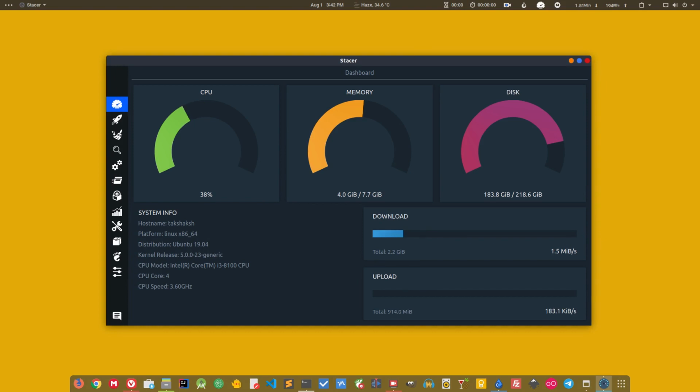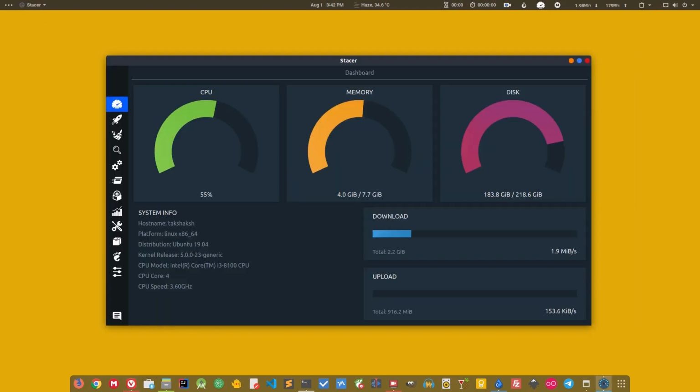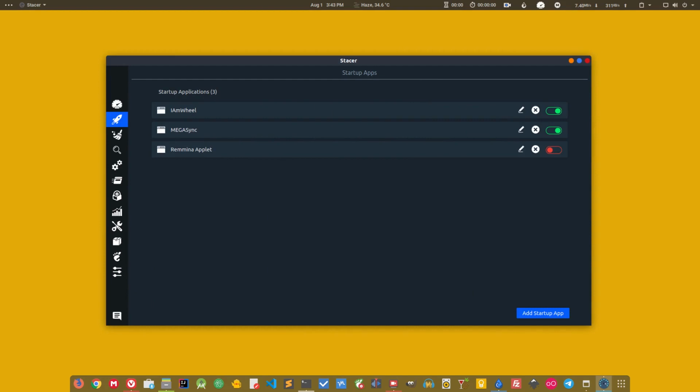You can also see here the download speed. Actually this is not the actual download speed. Let me show you the download speed. So this is fast.com, a Netflix website to check and monitor the internet speed. Just hit enter and this will literally spike. Okay, so this is spiking right now. So you can see these things here, and if I go to the second page, here you can see the